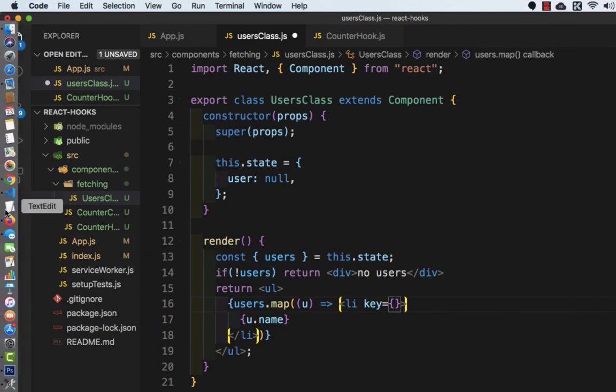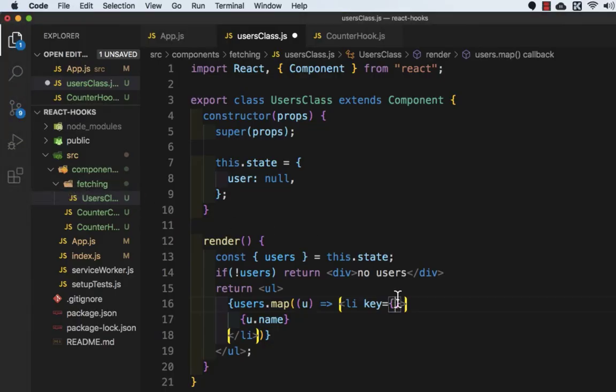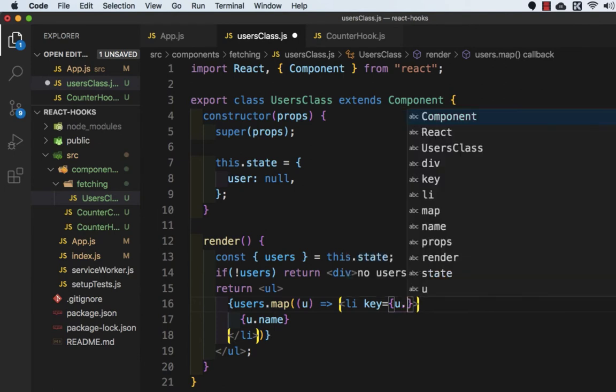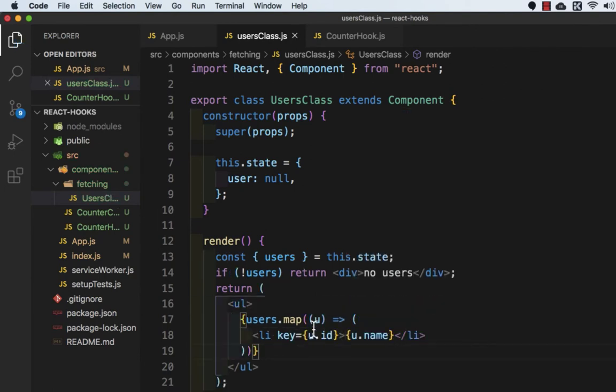So as you can see, if we go to this JSONPlaceholder website, this is the name which we are going to print, and this is the ID which we can use as a key. So let's go to Visual Studio Code, and to access the key, we need the ID, we need to write u.id. Let's save this,